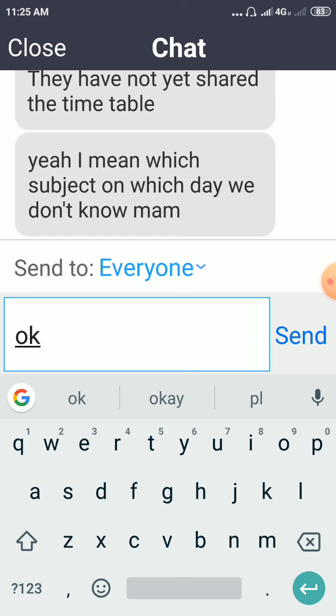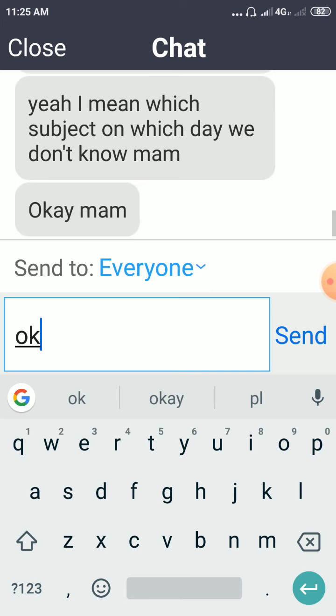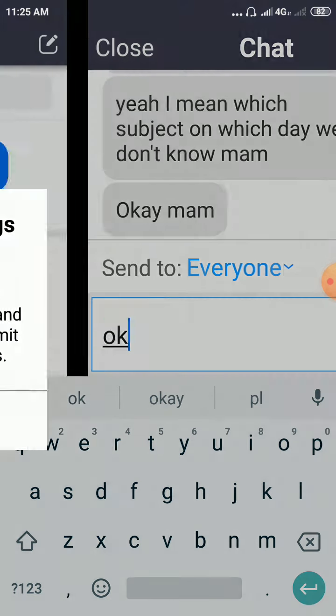They will share it today or by tomorrow, because the test will start from 11th, right? And mine is the fourth subject, so mine will be on the fourth day. If it is starting from 11th, 12th, 13th, 14th, the 14th will be the OS test. So according to your syllabus code, subject code, they are conducting the test, one test per day. After that regular classes will be there.